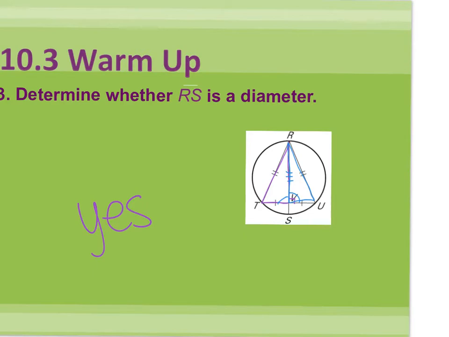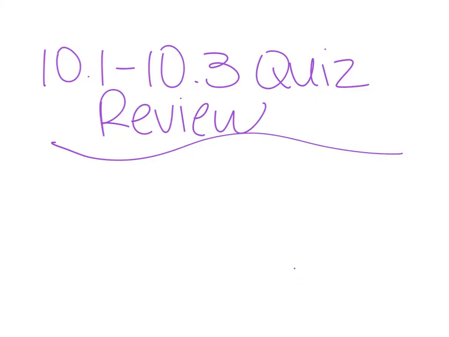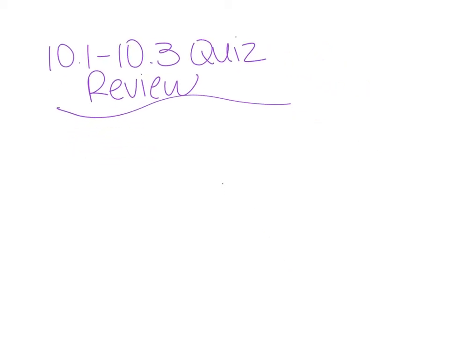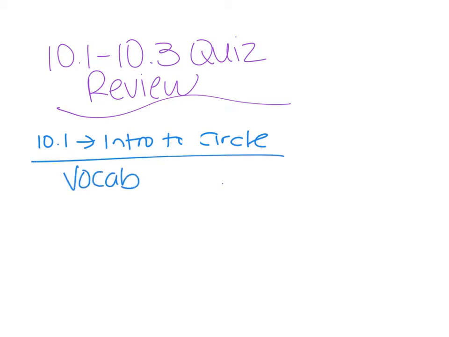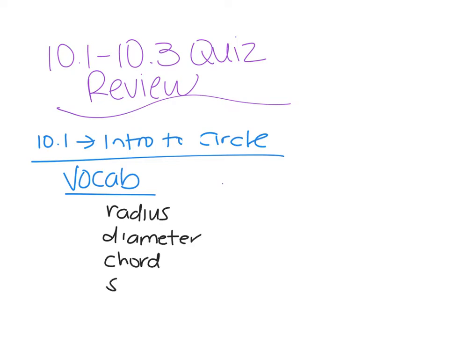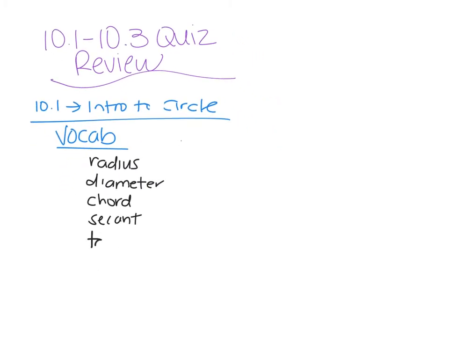Okay, so let's flip to the homework that you turned in this morning. Monday is the 10.1 to 10.3 quiz. Okay, 10.1 was all the vocab. You should be able to identify a radius, a diameter, a chord, a secant, a tangent,